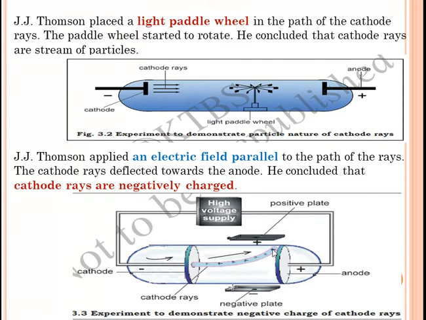Just now I told you that anode is a positively charged electrode and cathode is a negatively charged electrode. The rays which are coming from the cathode are going towards the anode, means it is attracting the anode. Means unlike charges attract each other. So he concluded that cathode rays are negatively charged. If the cathode rays were positive, then they would not come close to the anode. They would go back. Means they would repel each other, but it is negatively charged. That's why it is attracting the anode, which is positive charge, so it will be deflected towards the anode. By this experiment he concluded that cathode rays are negatively charged.